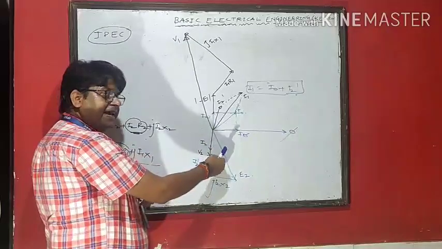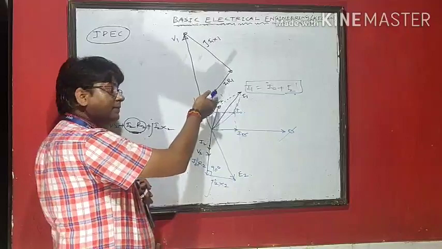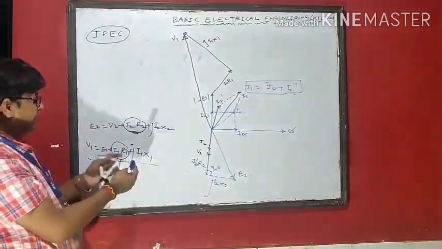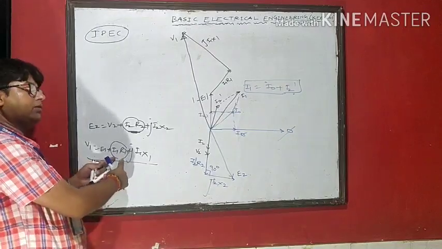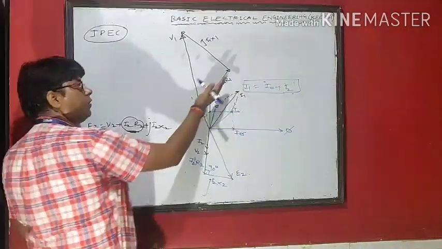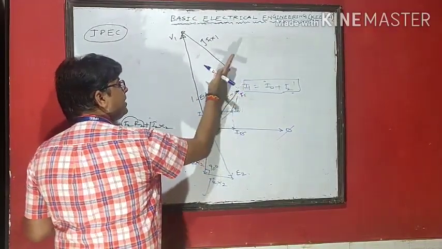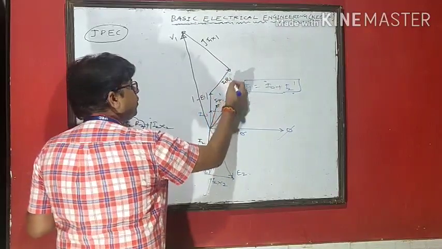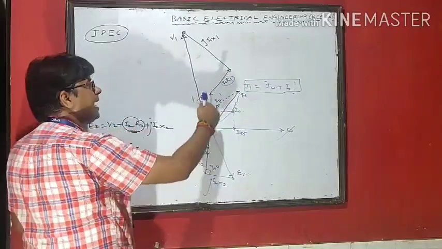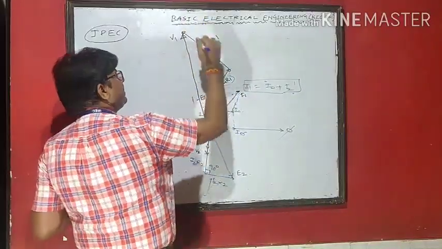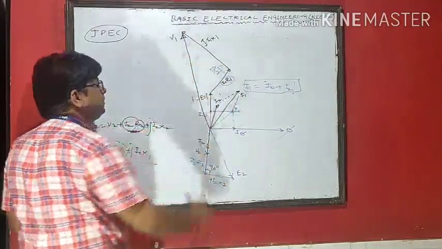E1 is below the reference line. We can take it above because this is magnitude transferred to above the line. And we got the E1. On the primary side, V1 equals E1 plus I1 R1. The I1 R1 is the voltage drop across resistance. We can take it here because I1 and I1 R1 are in the same phase. And 90 degrees from this line, pi by 2, is j I1 X1. And this is your resultant voltage V1.